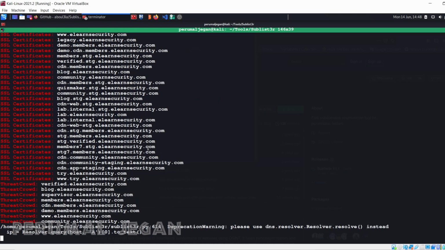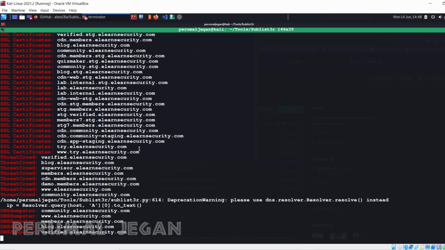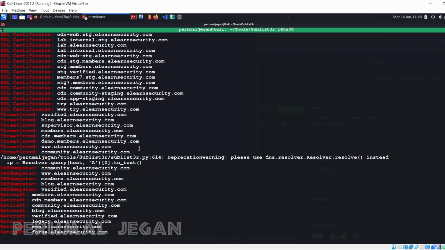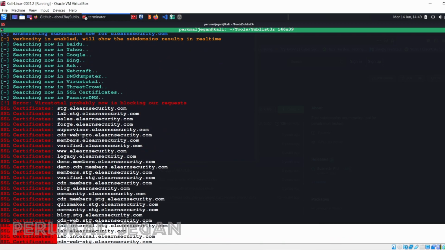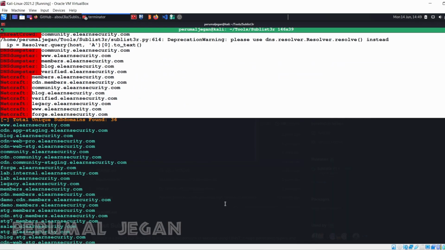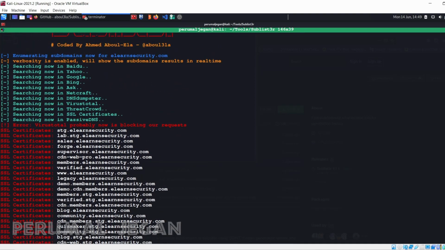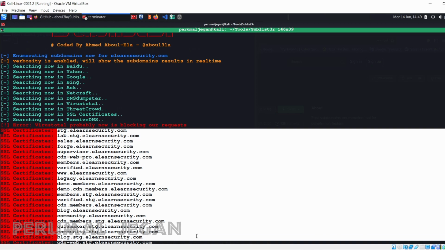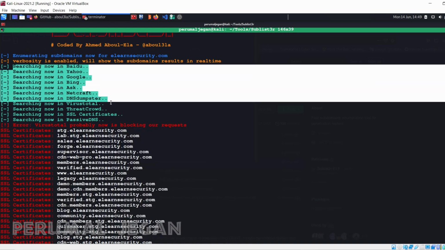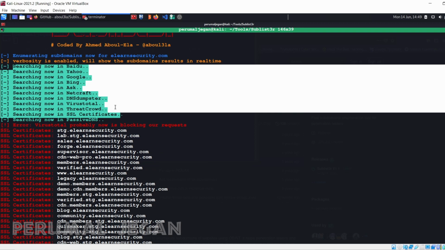Actually the tool queries various popular search engines to grab the details of subdomains. Here you can see how many subdomains it captured so far, which is simply superb.